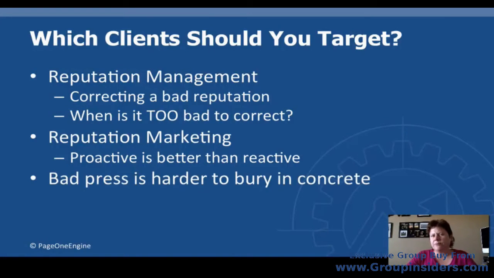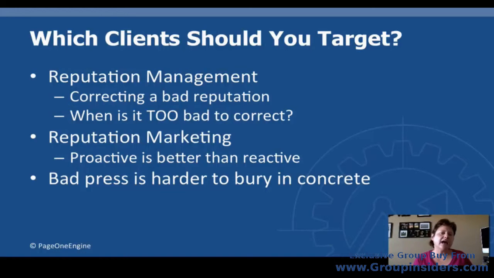Now let's talk about bad press. Do I take on a client that has a ton of bad press? Well, that depends. I had somebody ask me recently, should I take on X client? And when I went out and looked at their client, they had some pretty bad news stories out there from some highly reputable news services, meaning there was no way I was going to get those press pieces off or get rid of them.